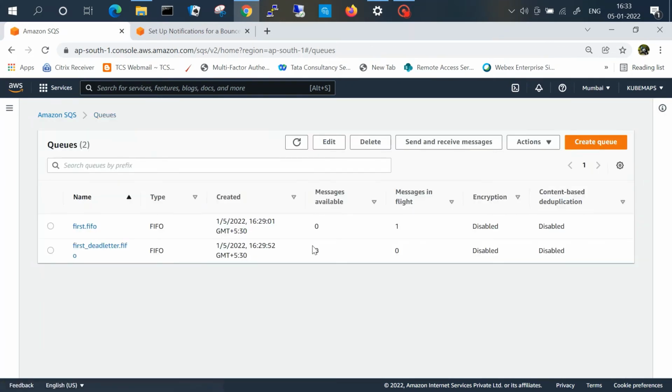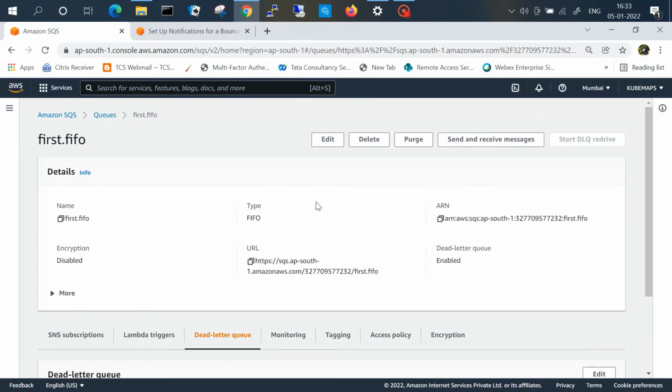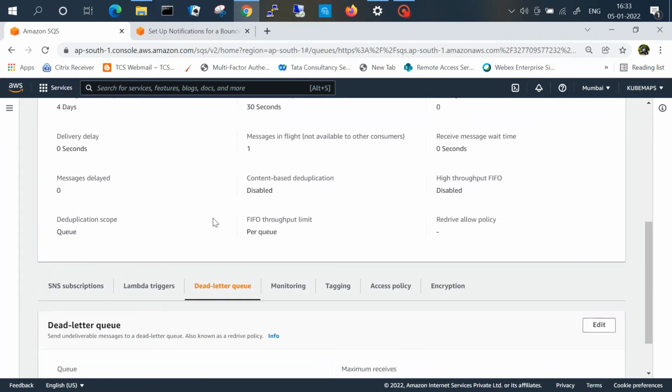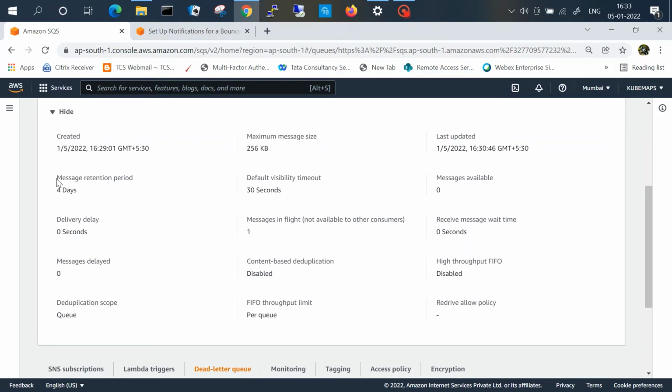message retention defined as well. This message retention period is 4 days. Now, suppose our message moves from queue to dead letter queue on the second day, and the retention period of the dead letter queue is also 4 days.